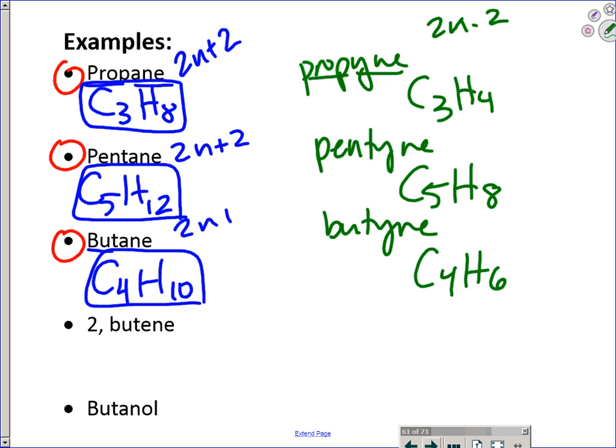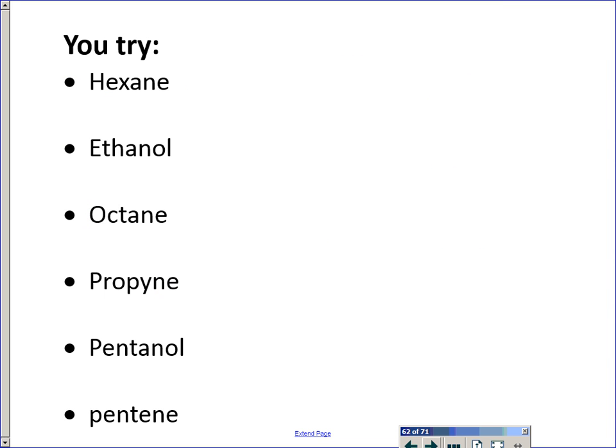C4H6. Good. And so what we're approaching is looking at how we can name, giving a prefix and a suffix in an organic fashion. We could draw all of these too. So I might get into some more of the drawings tomorrow, but I wanted to show you one more thing for today. And it was an alcohol. So when you see an OL on the end, that's the last column in your table, right? When you see an OL on the end, it means it's an alcohol. Alcohols have an OH ending instead of just a hydrogen on the end of a carbon chain.